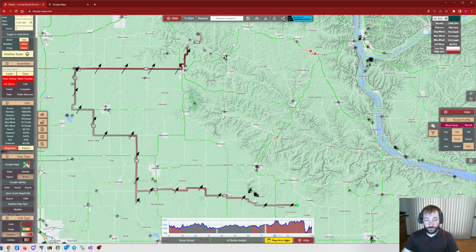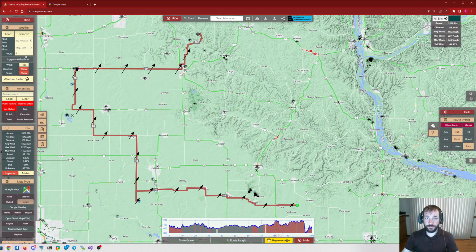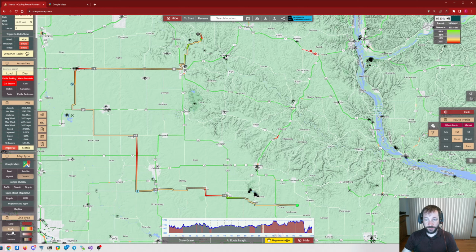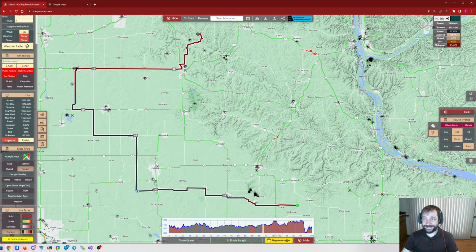To top things off, we have the line type options at the bottom, including a basic line. Let me clear off some of this weather data. Including a basic line, making it easy to understand where that route is. And then we have some more advanced options like the gradient, so you can see where you might have some pain points along your route, the elevation one, which is the default, as well as a surface one, which can show you with a nice looking little legend here the percentages of different surface types you can expect to encounter along your route. So by this time you might have noticed that we actually have a decent amount of unknown